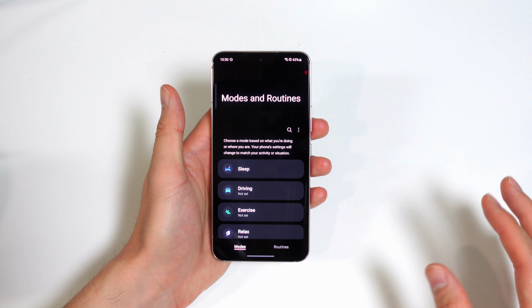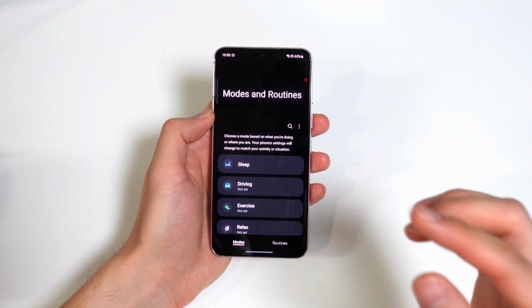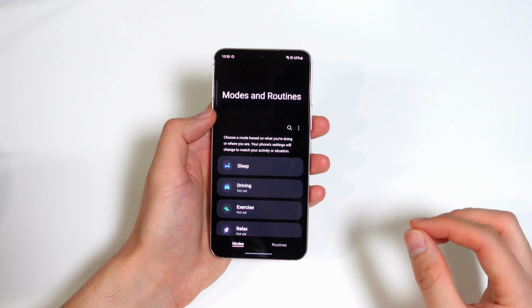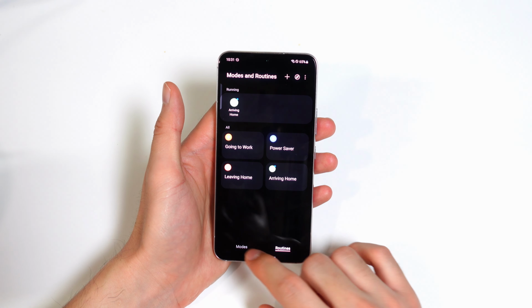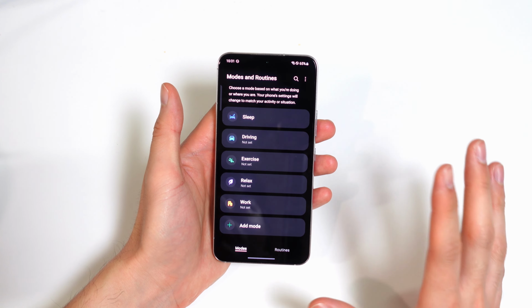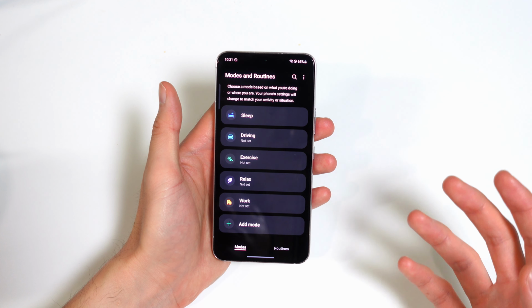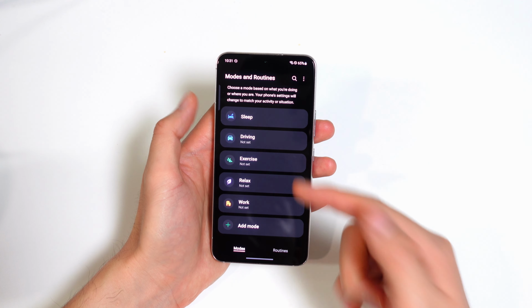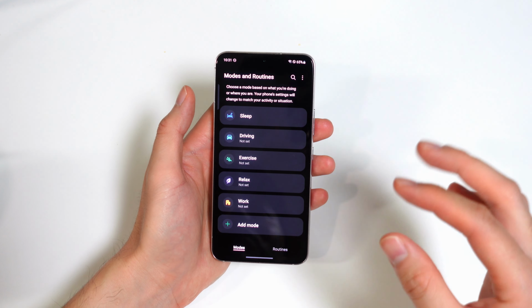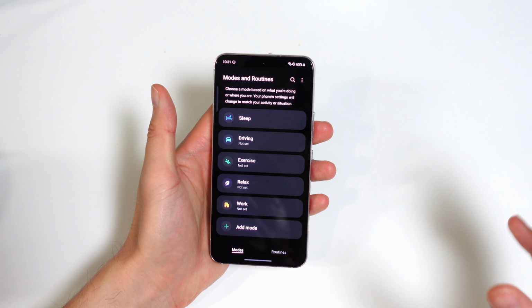And I kind of miss having all those options on my Pixel 7 Pro. But Samsung's improving this mode even more with new modes. So I think they're trying to make this more user-friendly. They added this whole mode section where they have these pre-selected modes that can really guide people to creating their own routines and things like that. So there's sleep mode, driving mode, exercise, relax, work. And I think that puts things into order and makes people think about this in a more simple way.